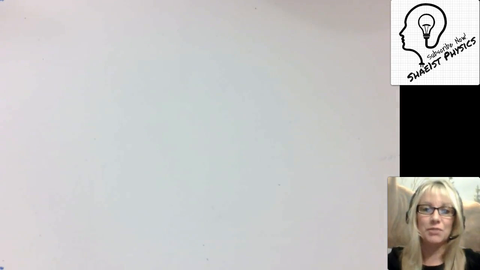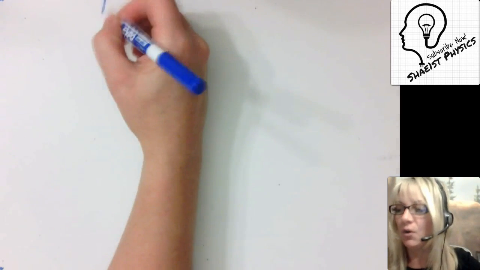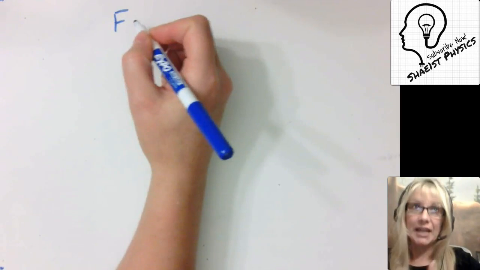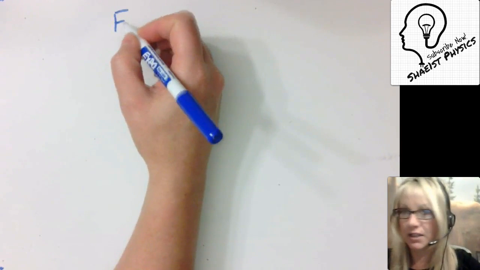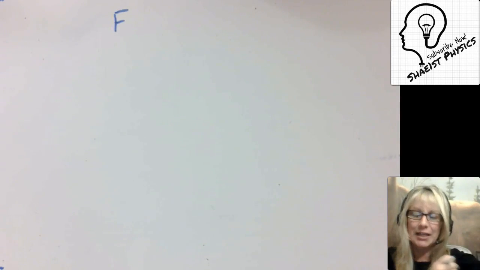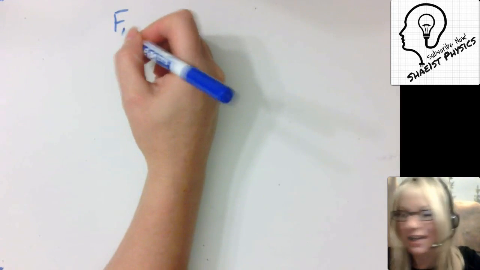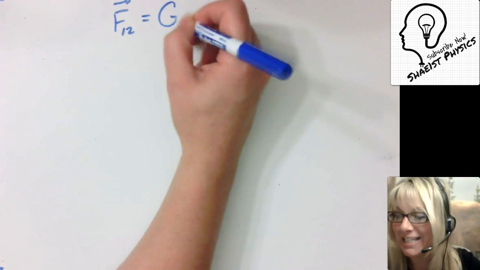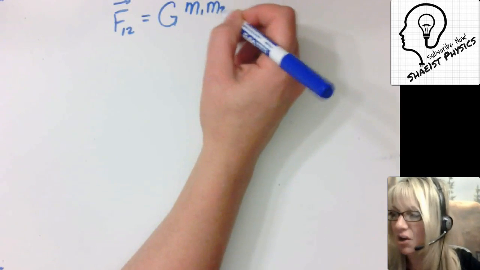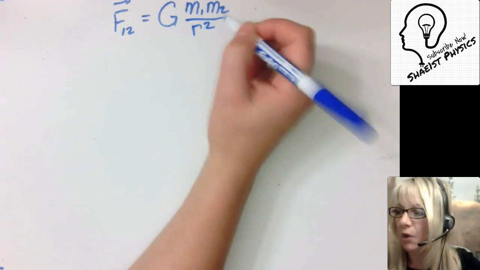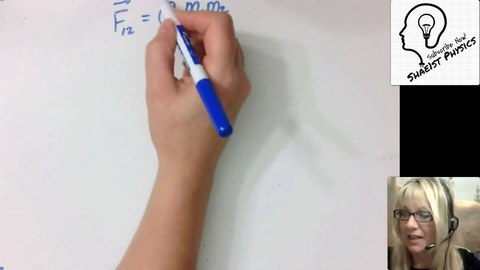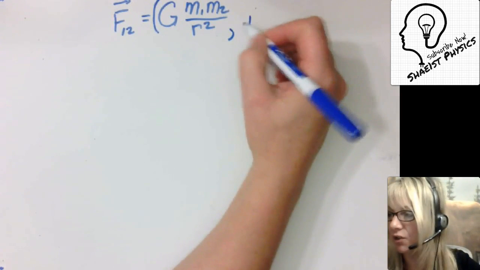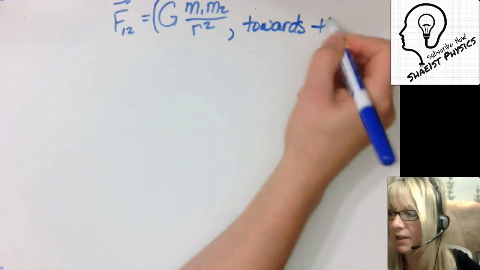Let's talk about this in terms of the actual equation. So the force between two universal bodies, planets, moons, etc., actually, this applies to anybody. It applies to anything. However, usually the force between smaller objects is so teeny tiny, we don't even notice it. It is inconsequential. So the force between these two bodies, of course, force is a vector. This is the magnitude of the force, and the direction of the force is always going to be towards the other body